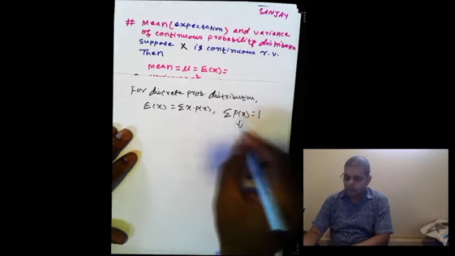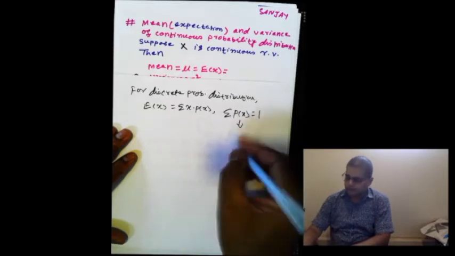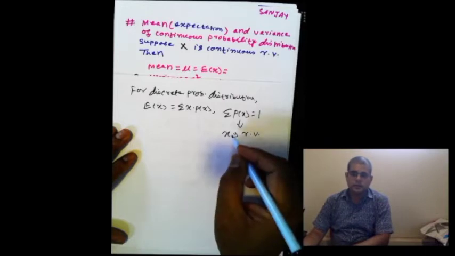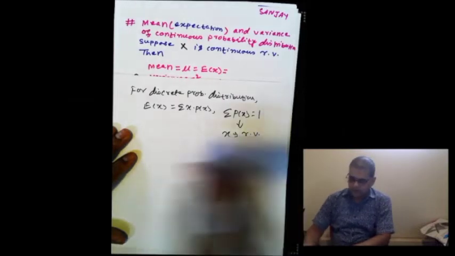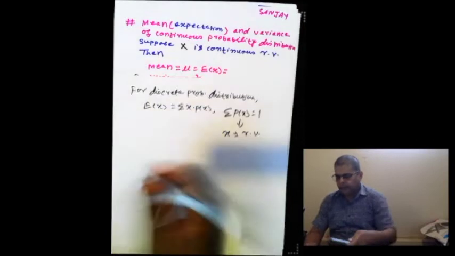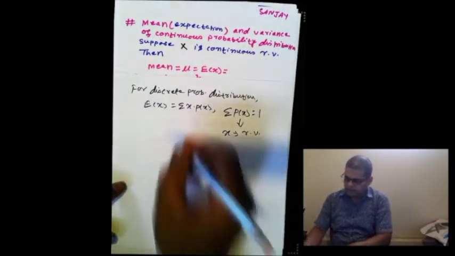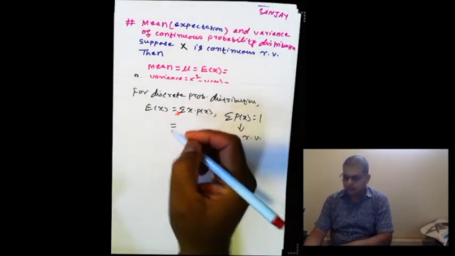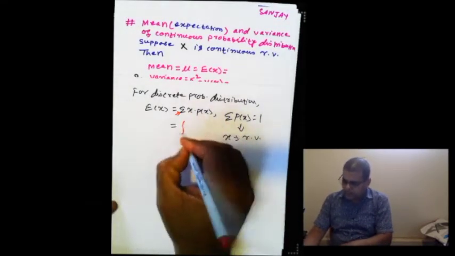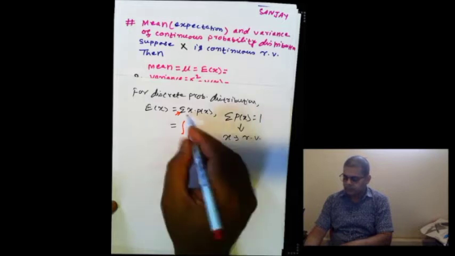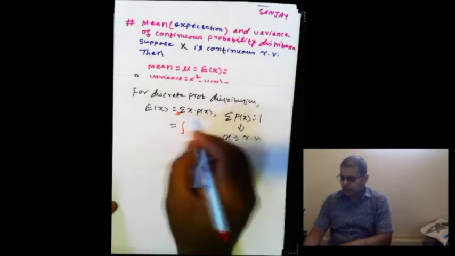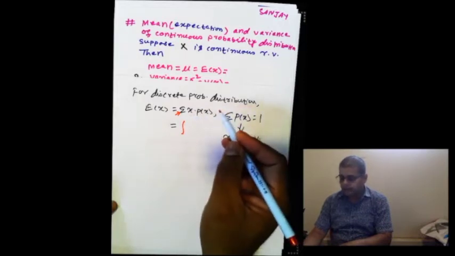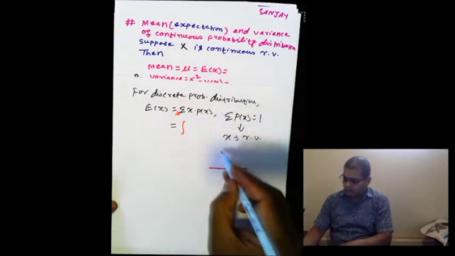So if summation of p(x) is 1, in that case x is a discrete random variable. But what happens when it is a continuous distribution? In the continuous distribution case, the summation sign will change into the sign of integration. In the discrete case, we sum the terms one by one, individually and distinctly, but here